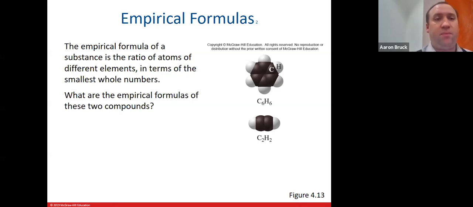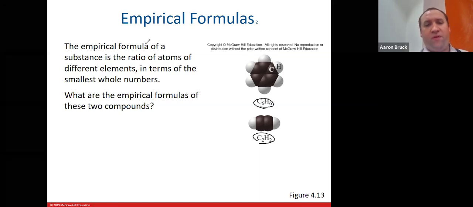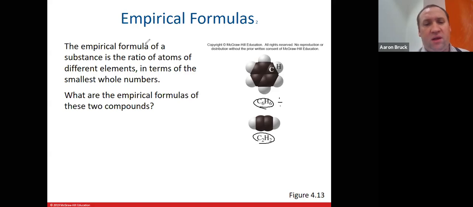What's interesting is that the numbers can reduce in both cases. Both of these numbers in C6H6 are divisible by 6, and so if I divide them by 6, I get the simple whole number ratio of 1:1. And that makes my empirical formula